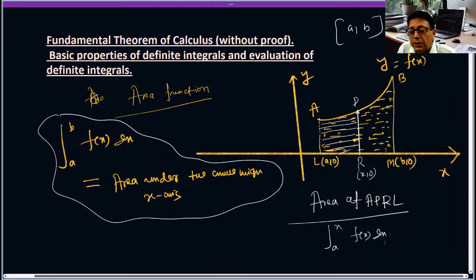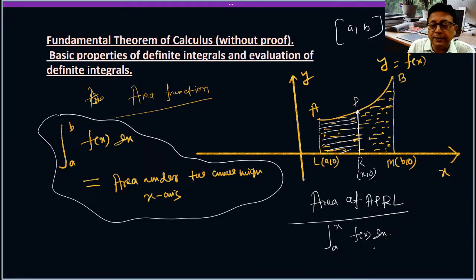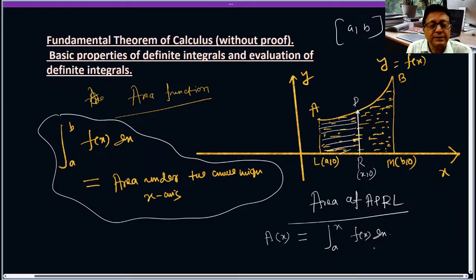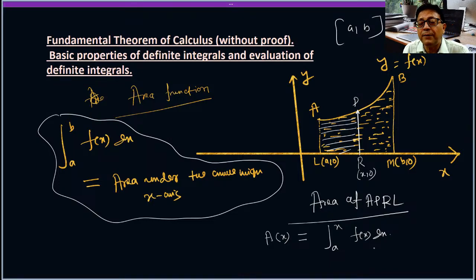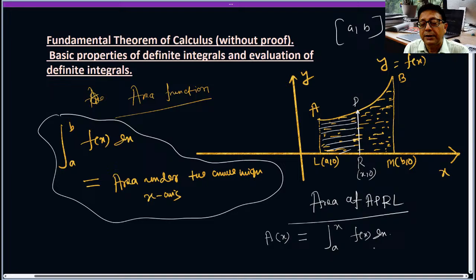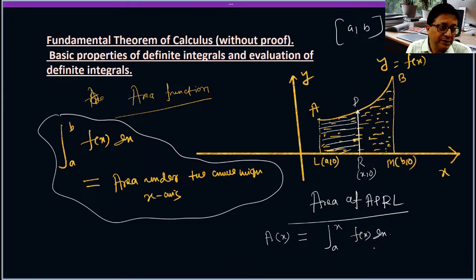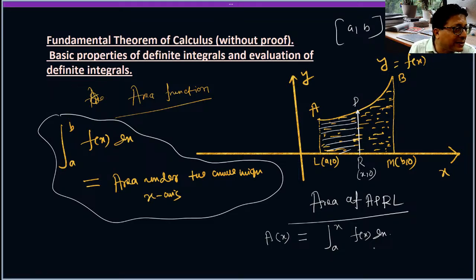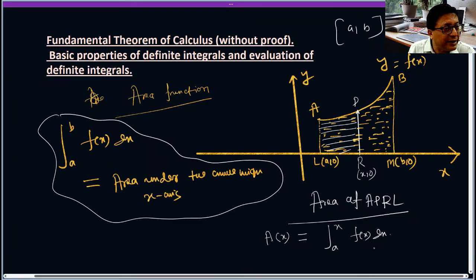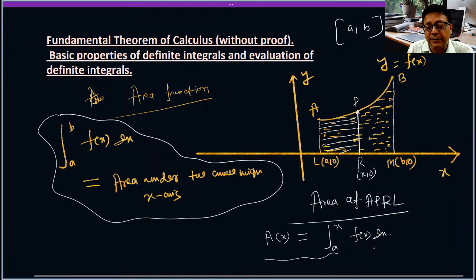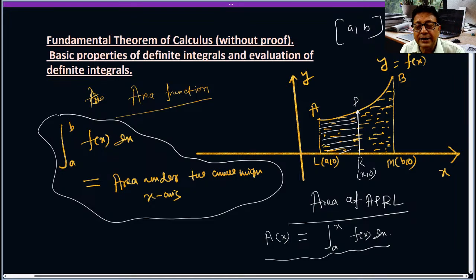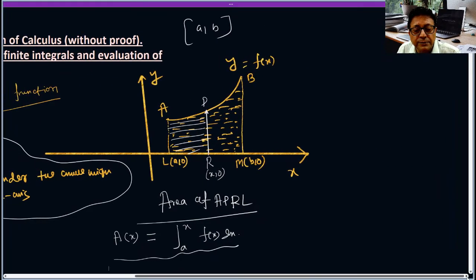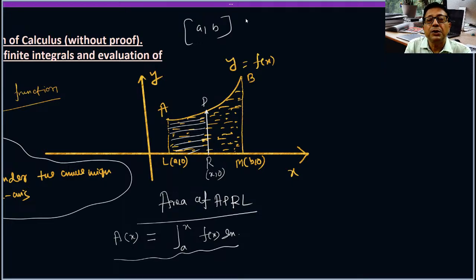Now, this is a function of x. If we evaluate this value, we will get a function of x. So why is this one a function? As x is increasing, the value of the area is also increasing. Either increasing or decreasing, I mean there is a relationship between the variable x and this function A(x). That's why we will refer to this one as a function. This is called the area function in calculus. Now for this area function, A to x f(x) dx, we can state